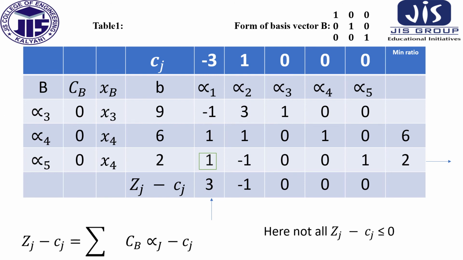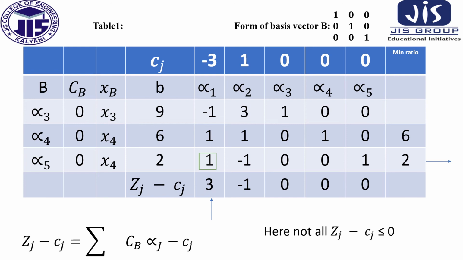We have drawn the table here. Three constants are there, so the basis vector form will be 1 0 0, 0 1 0, 0 0 1. The same thing we have given here. For min z, we have calculated zj minus cj. For a minimization objective function, when all the zj minus cj's are negative or 0, we have